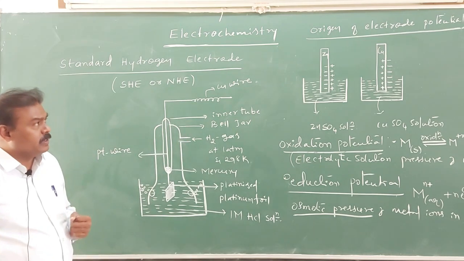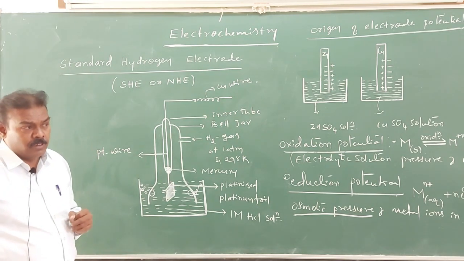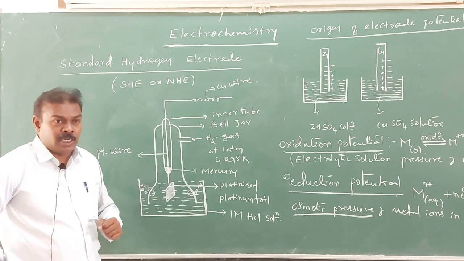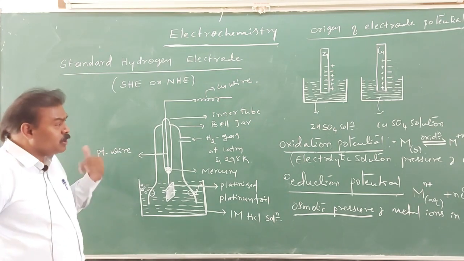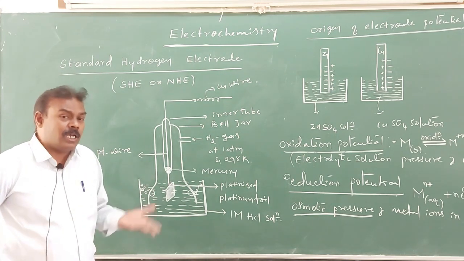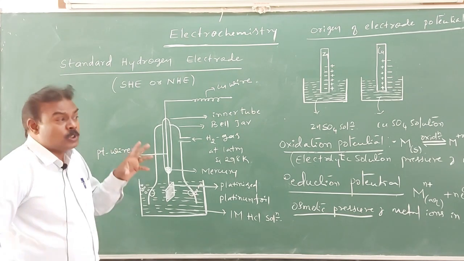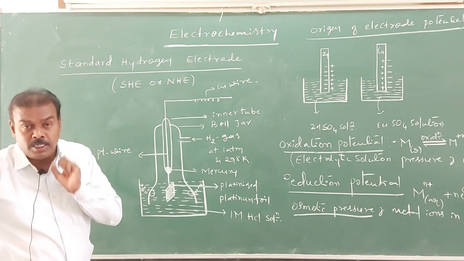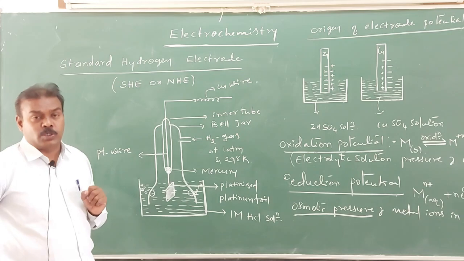We already studied electrode potential, and we know how to calculate the EMF of the cell. Cell EMF can be calculated using the relation: EMF of the cell is equal to E right minus E left, that is, E cathode minus E anode. But individually, we can measure the electrode potentials of any other electrodes using the standard hydrogen electrode. It is possible to measure the standard electrode potentials of any other electrodes using the standard hydrogen electrode.